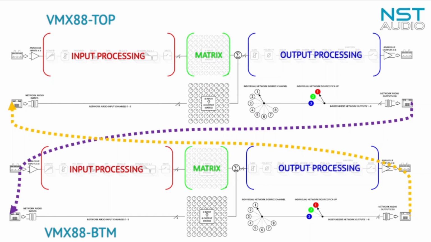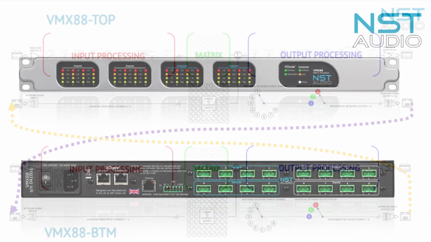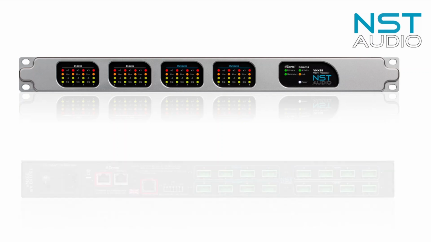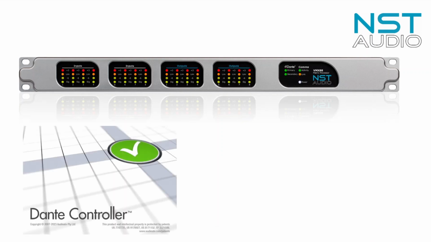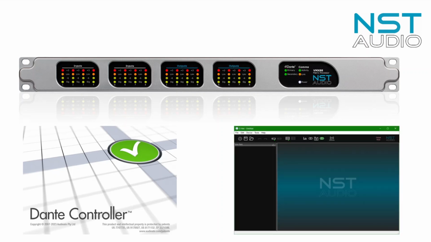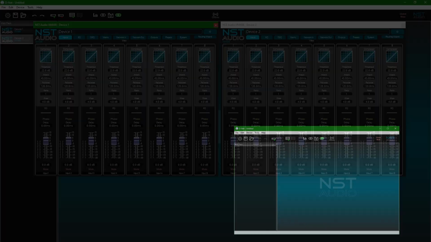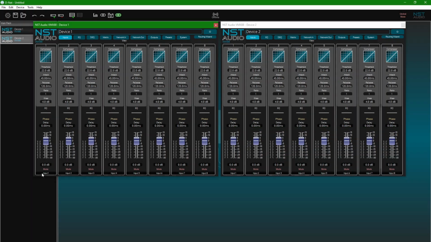First, let's get a couple of things checked out in the real world, so we can proceed with the setup. Make sure there's a network connection from the comms Ethernet port and the primary Dante Ethernet port back to your switch or router, on both units. Next, make sure you have Dante Controller and DNet installed on the computer, and that both applications are able to connect and see both units. Assuming all this is in place, we can proceed with the configuration. Let's start with naming all the inputs and outputs for the analog channels on the system.